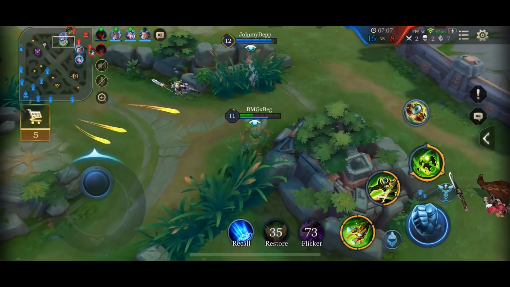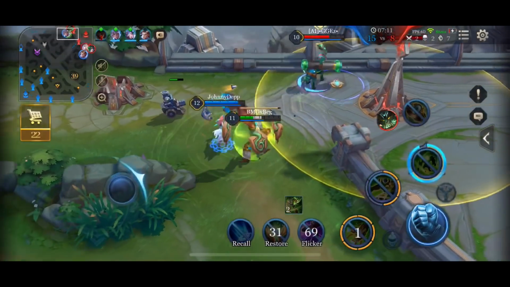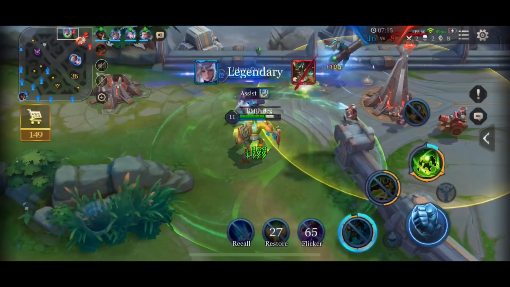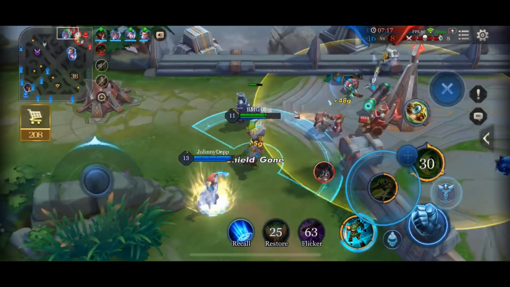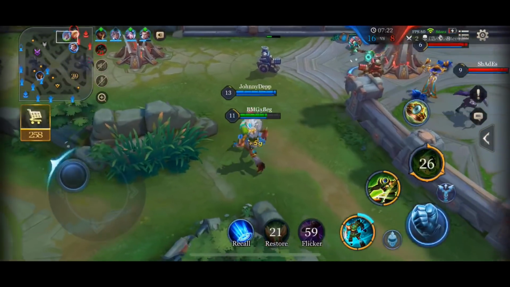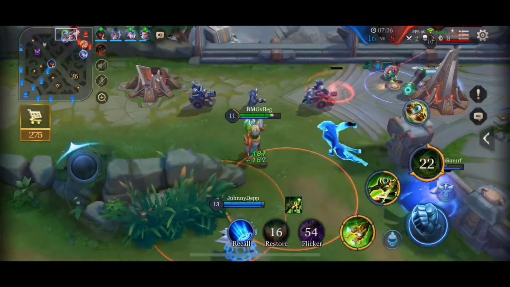We get the mid tower to that, top tower dies as well. Baldwin definitely overextends without any escapes. He tries to dodge the Lindis trap, but it just puts him back into my ult. We get a nice little stun on him. Now we're just creating pressure so the Lindis can clear the wave, get our wave under tower, and